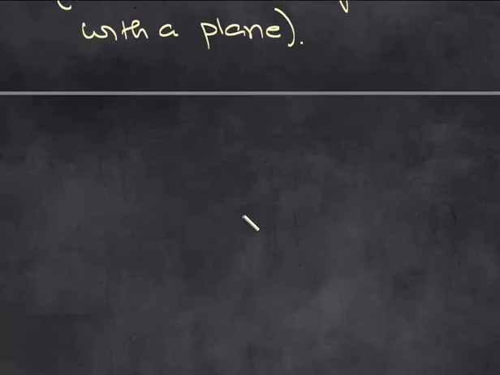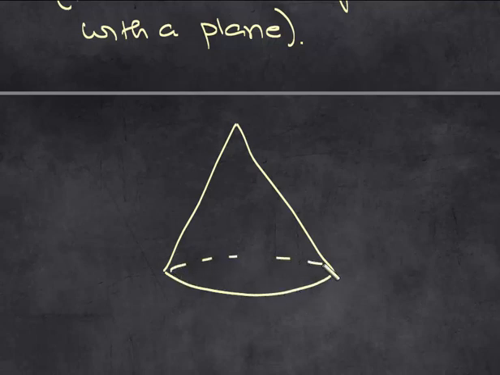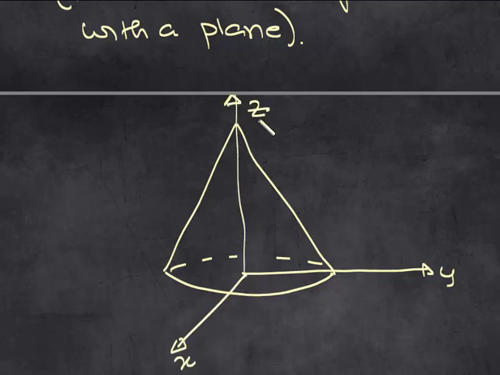For example, let's say that I have a cone. So this is Y, X, Z. If I were to take a slice of this cone parallel to the XY coordinate plane, the XY coordinate plane is this flat region at the bottom, correct? So if I slice it right here,